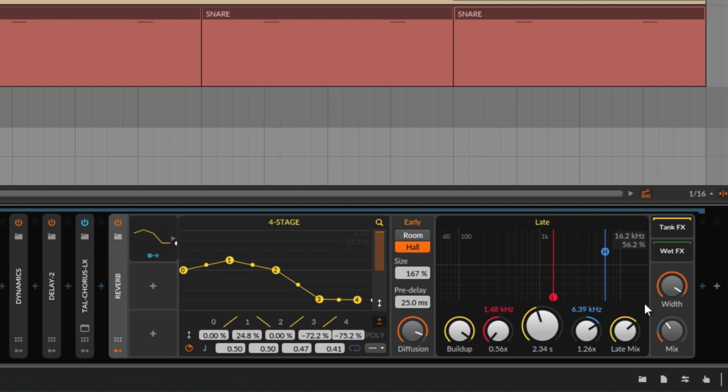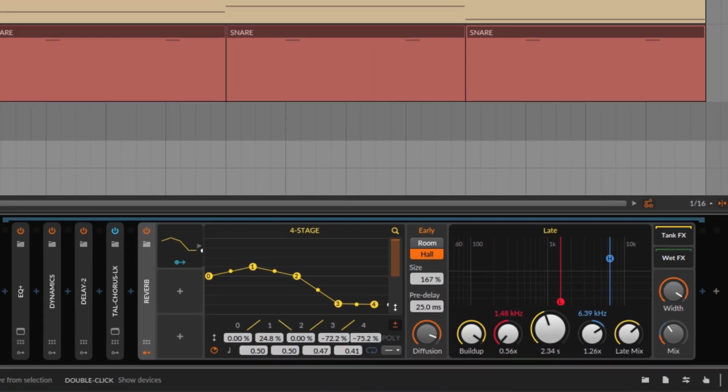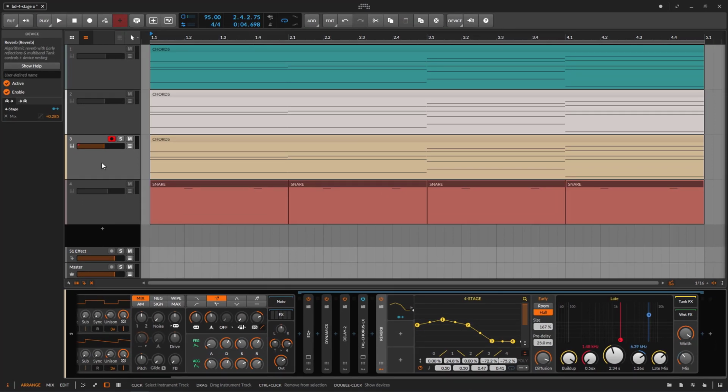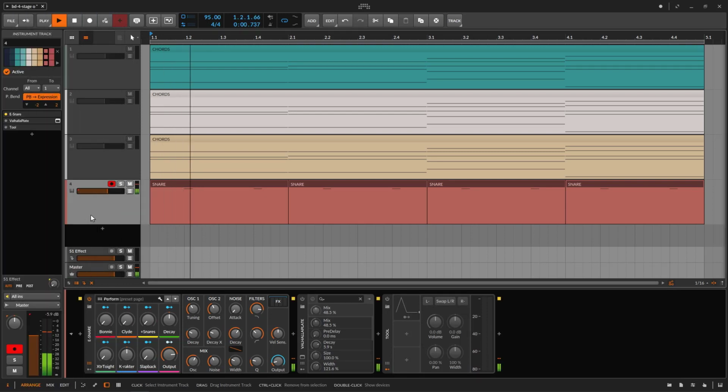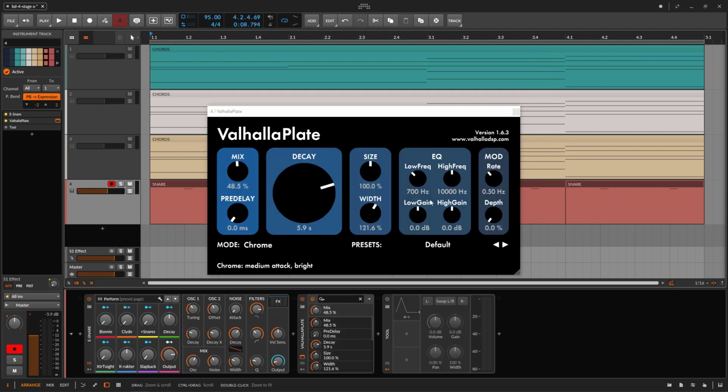Now, what we are doing with the reverb is actually a very common trick that we do all the time, and most of the time we do it with snares. So, okay, I have a snare right here. I'm using the E snare, so it's not a very good snare. It's like a synthesizer snare. I mean, it's not a real snare, and I'm adding a lot of snap, so we can really hear it whenever we add reverb. So if I go to the Valhalla plate,